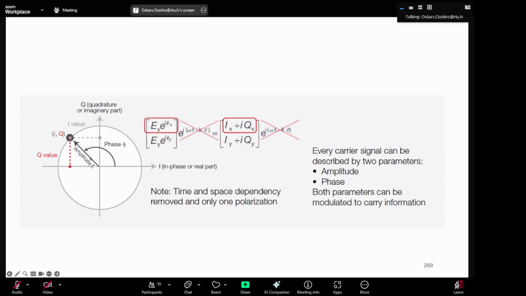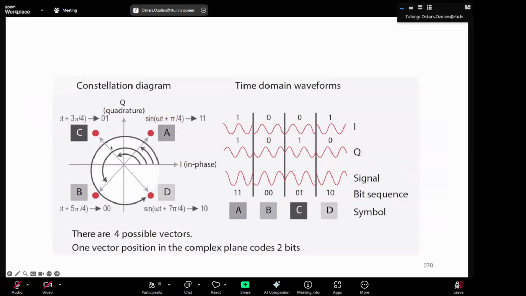So in this case, we modulate both amplitude and phase, and then for example, in QPSK we have 4 points because we have one amplitude value, but then we have four phase values. Then we can add multiple amplitudes. Then we can get to 16 QAM and higher orders. Right. So maybe let's look a bit more in the details at how that would look like. For example, for a QPSK, we could define four possible vectors and one vector position in the complex plane. So this is a complex plane. So we're working with complex signals in coherent